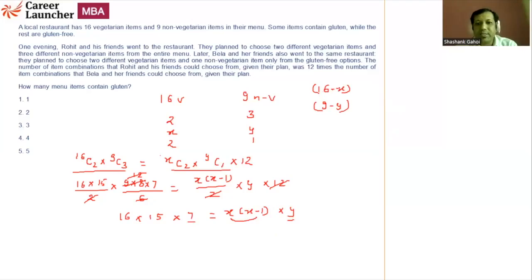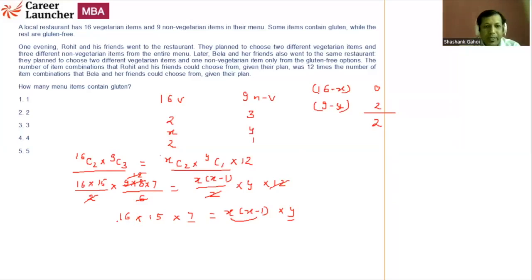So if x is 16, 16 minus x comes out to be 0. And 9 minus 7 comes out to be 2. So how many items contain gluten? That's going to be 2. But can we have another possible arrangement? Yes, definitely. We can have